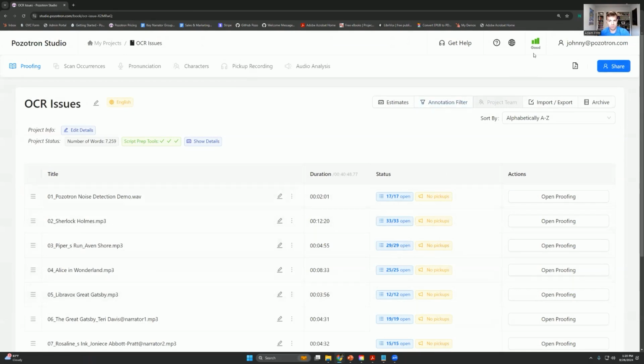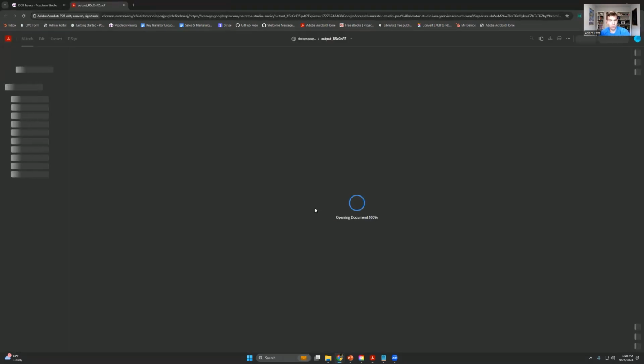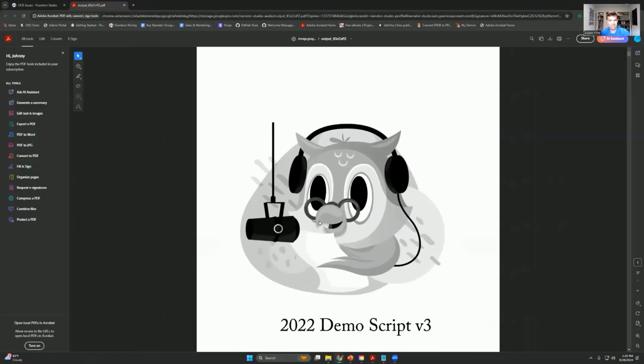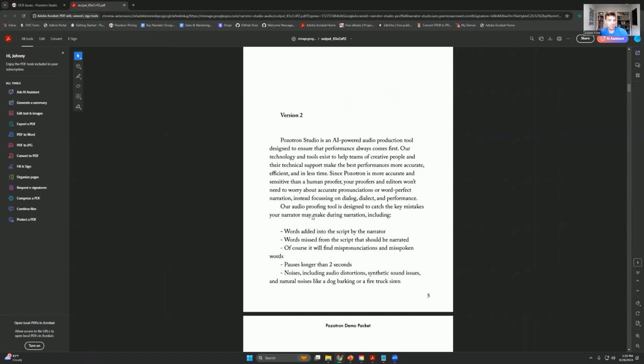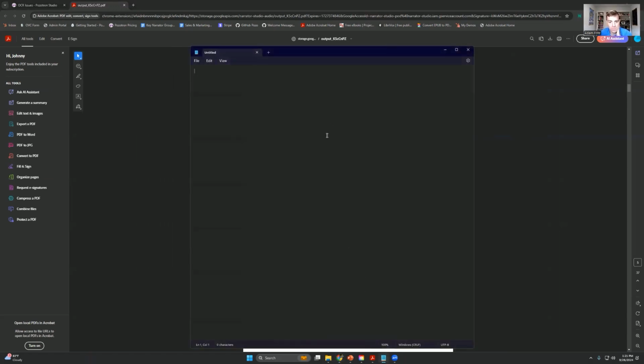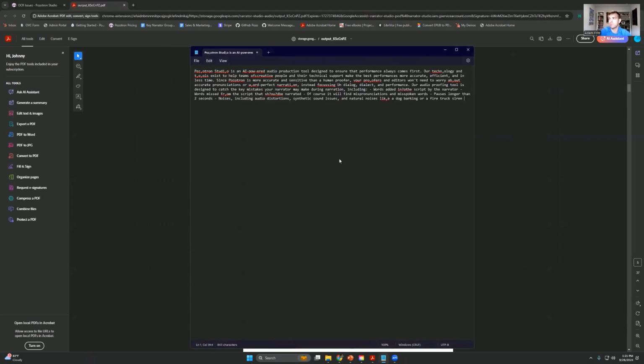So what I'll show you here is if I open the PDF, there's a very simple trick that I recommend you do to every single PDF you get in the future before you upload it to Pozotron, because it'll make your life easier: just go ahead and copy and paste a section of the text here. So I've just copied all of these words from the PDF, and I have a notepad open here. You can also do this in Microsoft Word or something like that. If I paste this, we can see that it comes through looking exactly like it looked in the proofing section